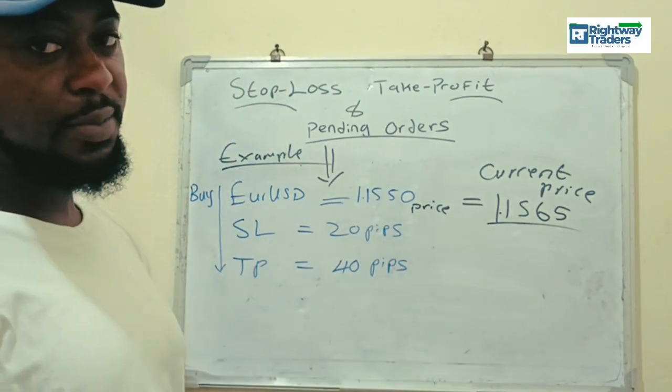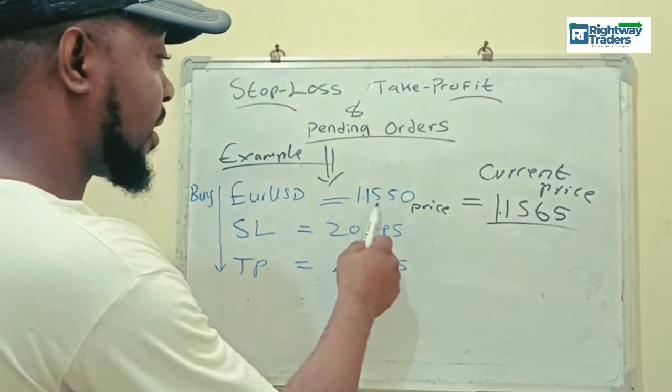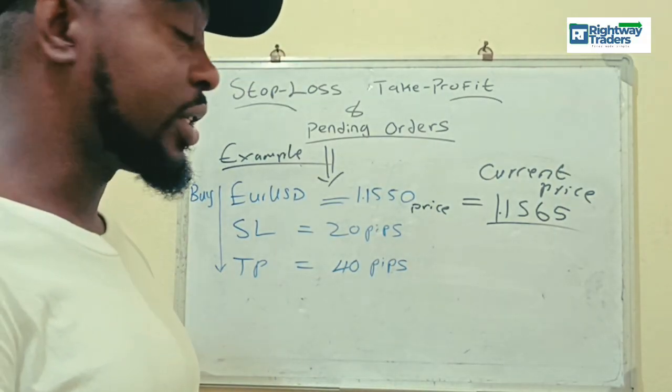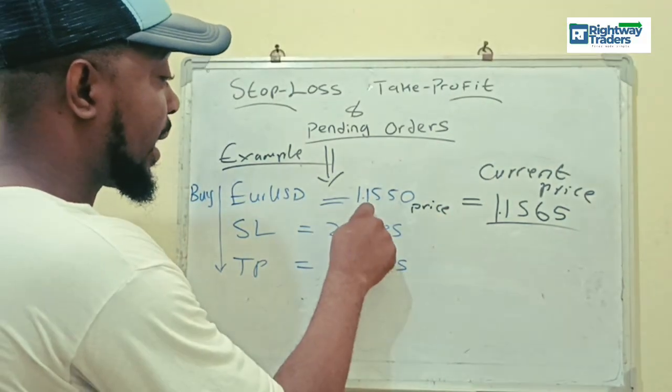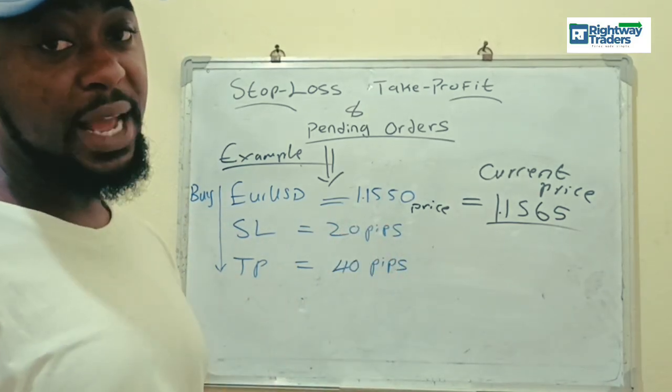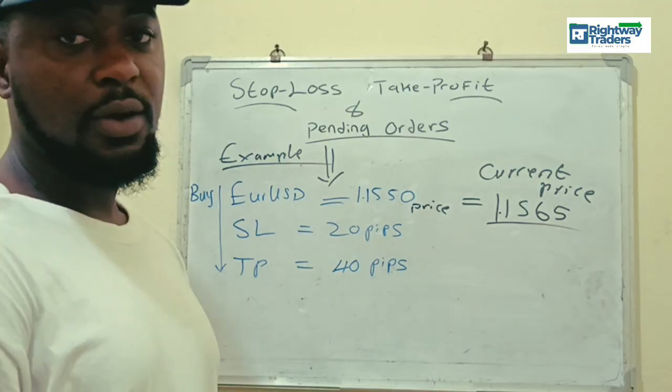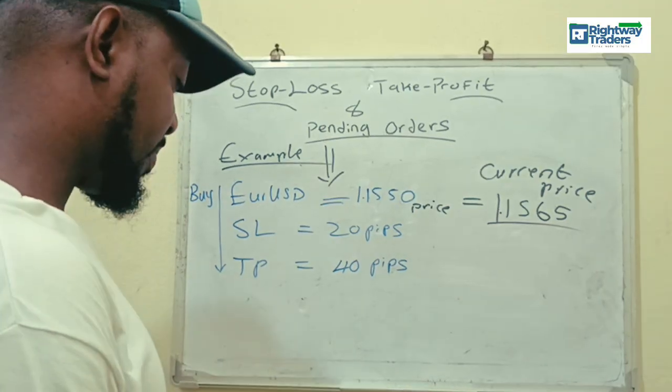If this is the current price, it means price is already higher than what you are supposed to buy. What do you now do? What kind of pending order are you supposed to use? The pending order to use in order to buy at this current price is the buy limit, which states that you buy at a lower price other than the current price. So using the buy limit,